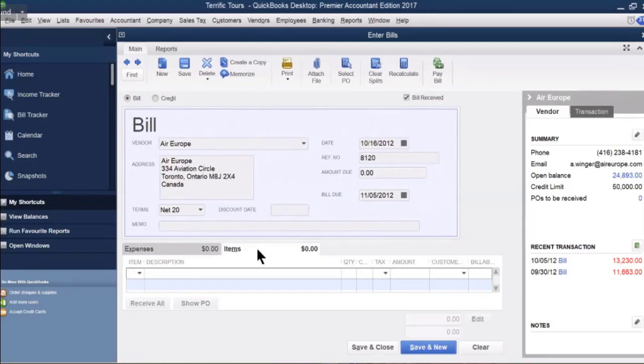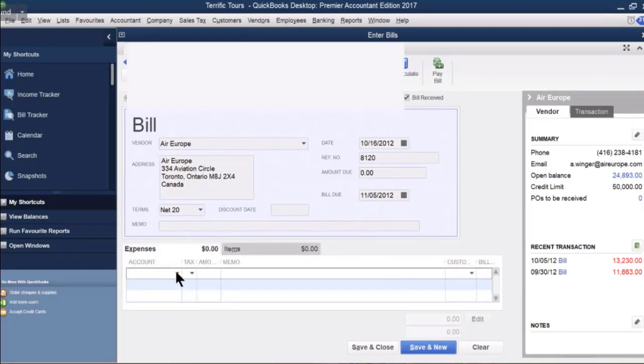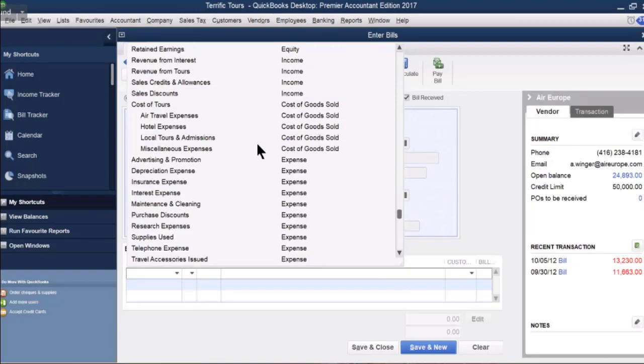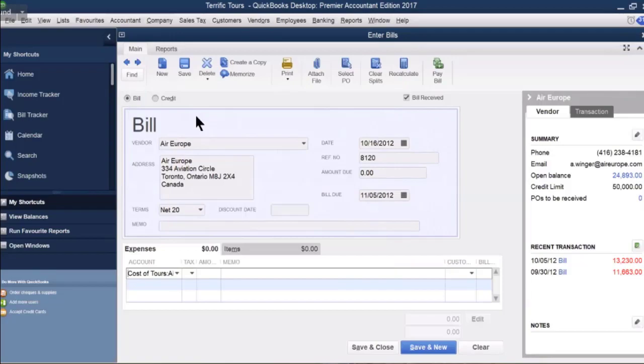So, item. In this case, go to expenses and select air travel expenses. Tax is GST. And the amount is